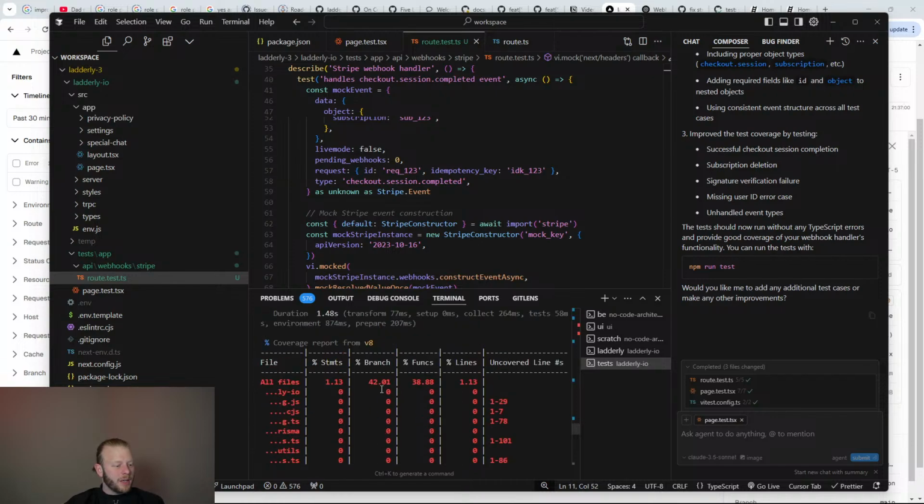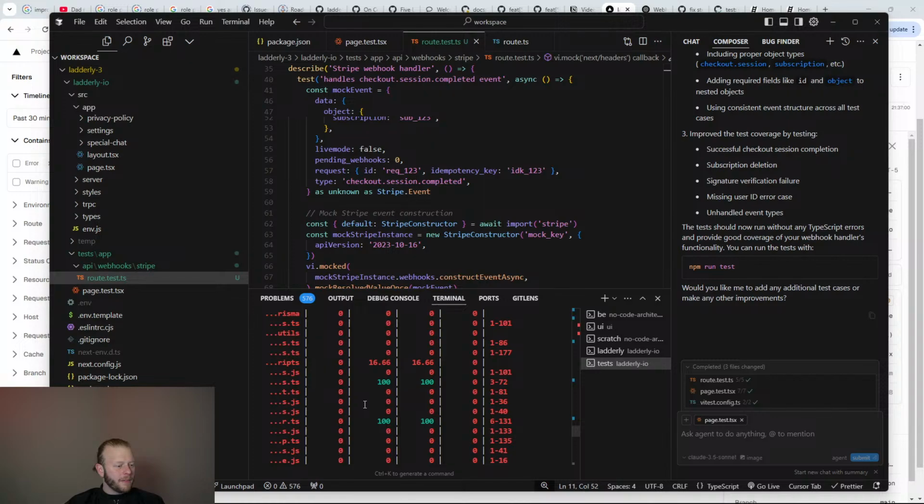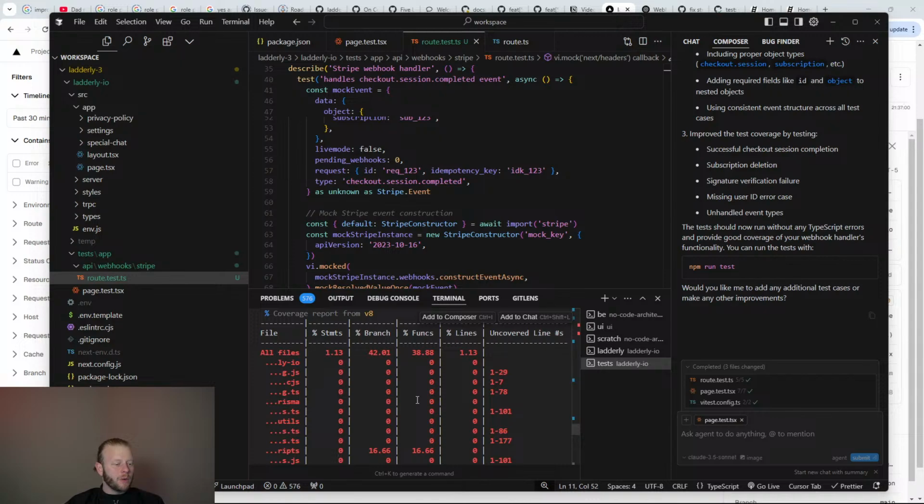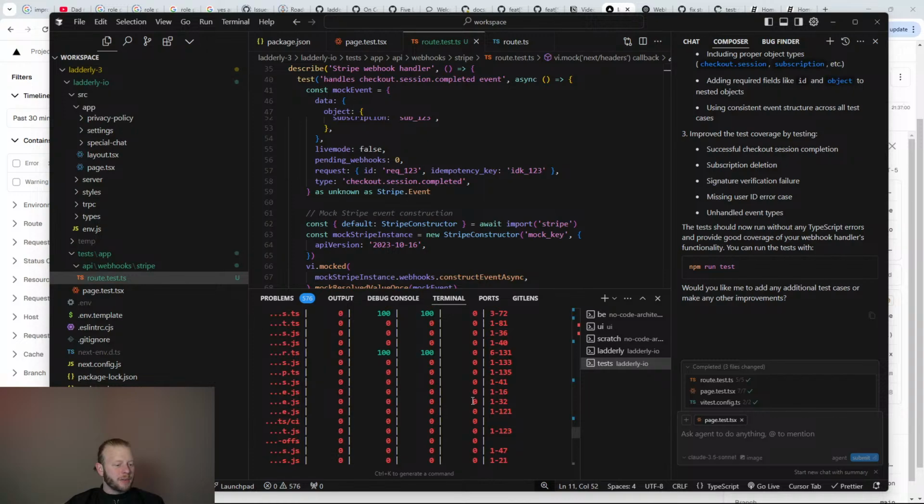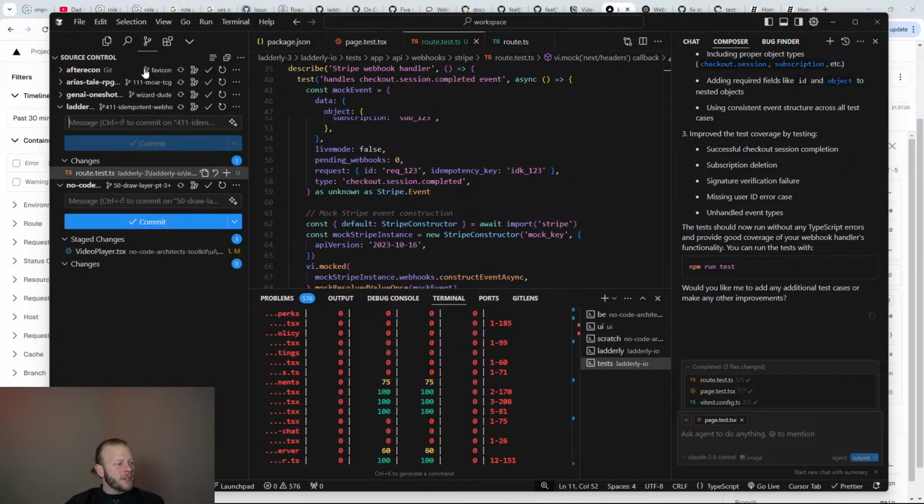Used Code Academy, and now we're over 40% on the branch coverage, under 40% on the functional coverage. I'm surprised by that. Usually the function coverage is higher than branch. Line coverage is still really low. I wonder why that is. A bunch of configuration files that we're getting 0 on, but it's 0 of 0. That's fine. I'm actually really happy with this result so far. Okay, so we are passing.